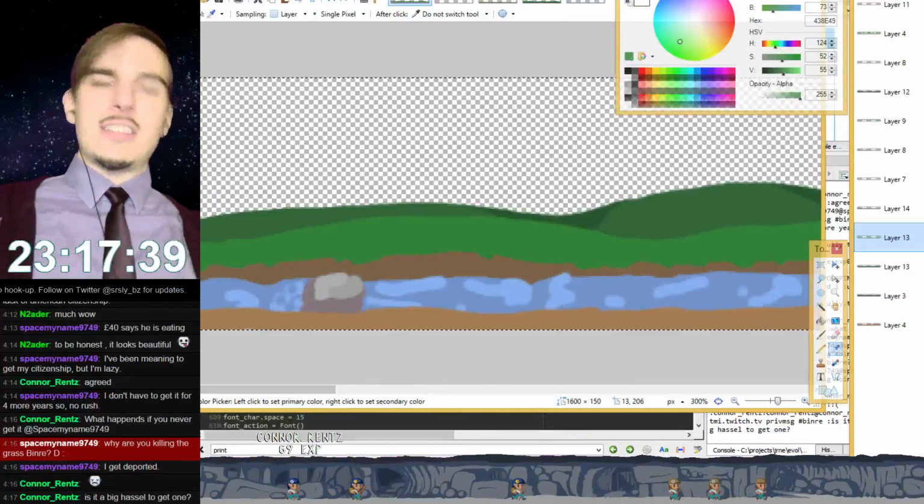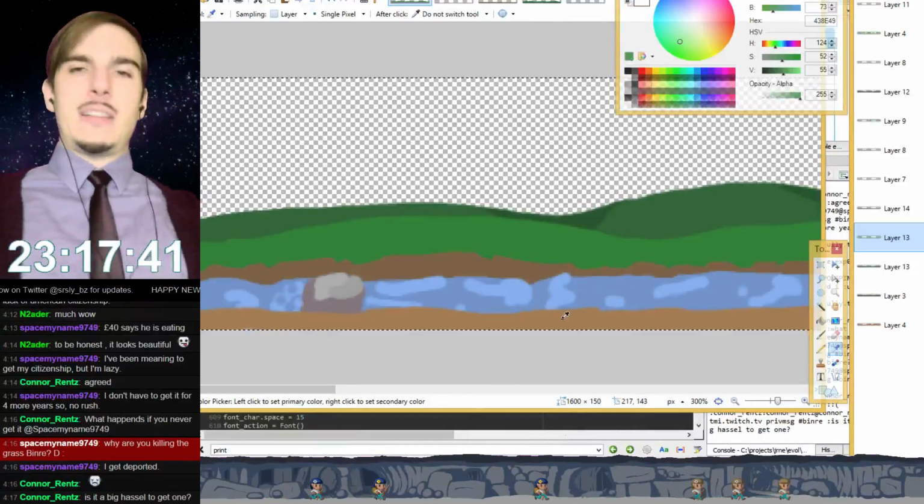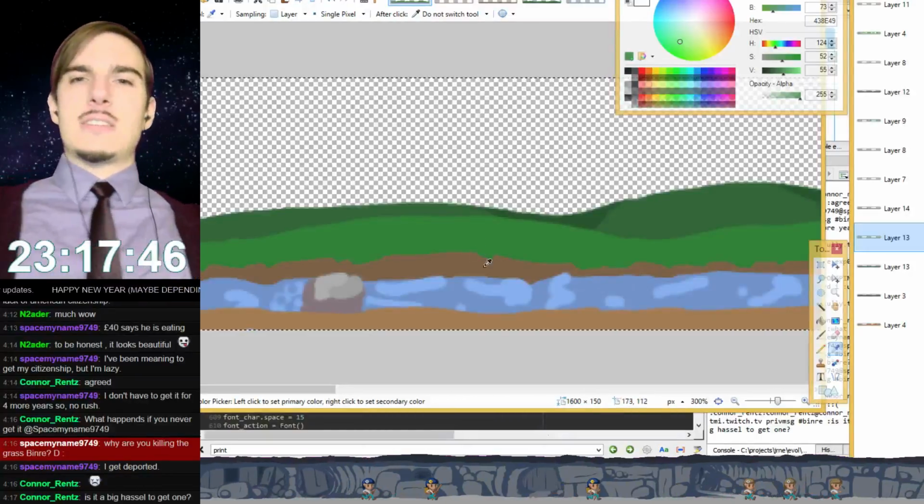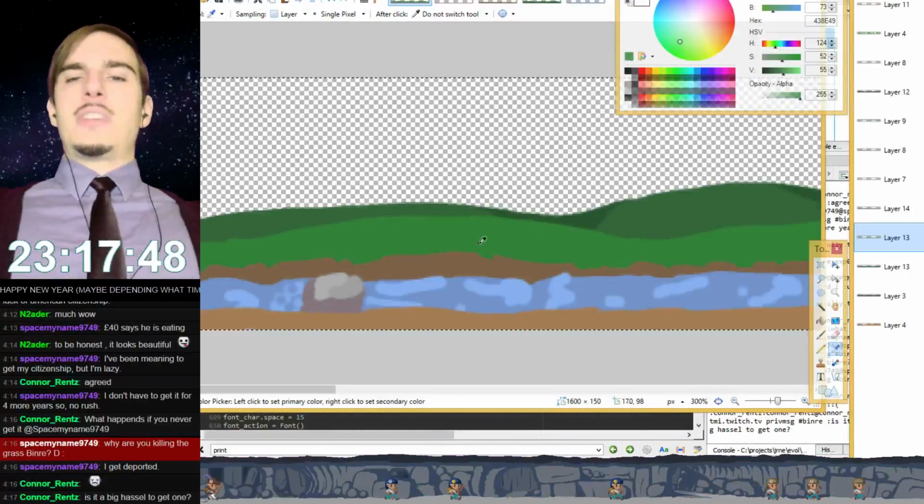So that's another good reason to just change up the palette. The other good reason is that I kind of wanted the waters to be slightly turquoise, and with the ground being green,